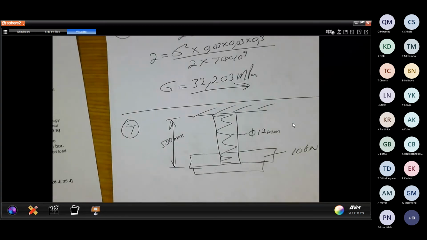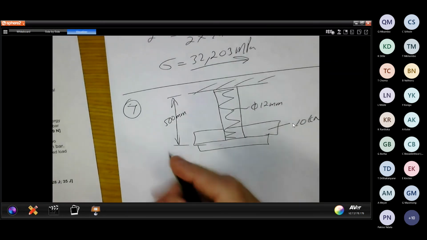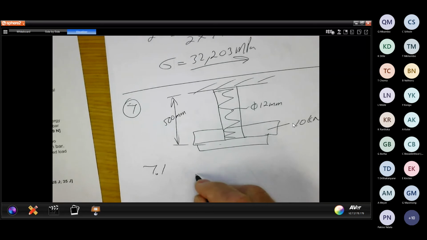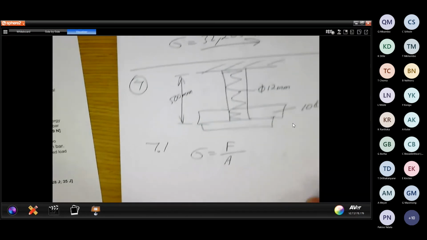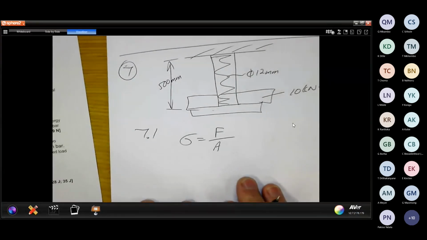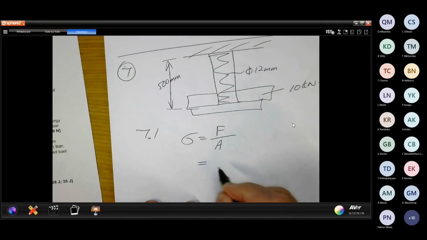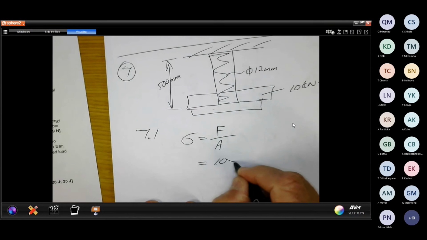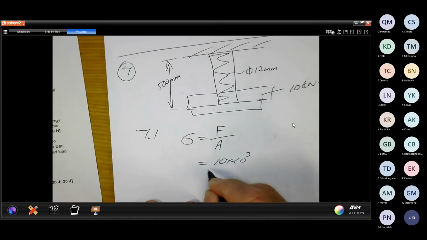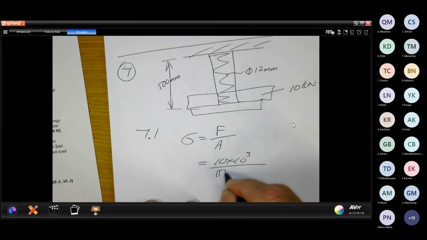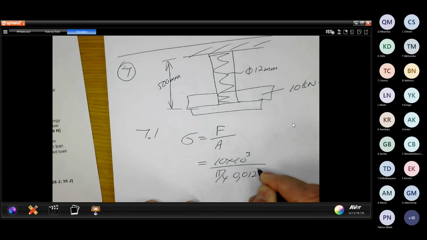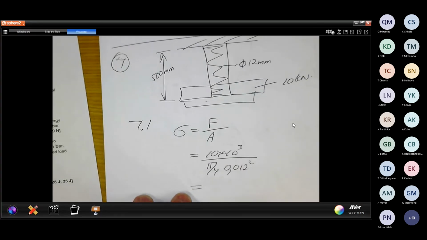Now directly we know, 7.1, that my stress is equal to my force over area. That is for gradually applied. And then your force is 10 times 10 to the power 3 divided by pi over 4 times 0.012 squared. And that is equal to